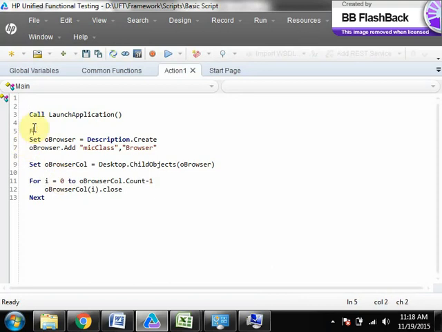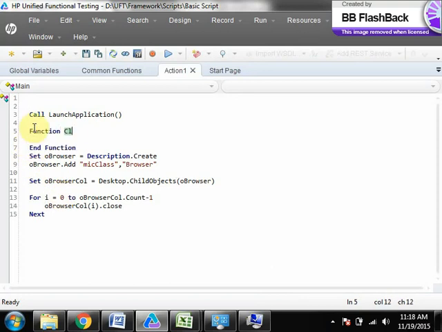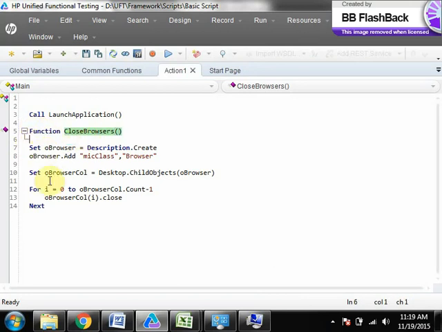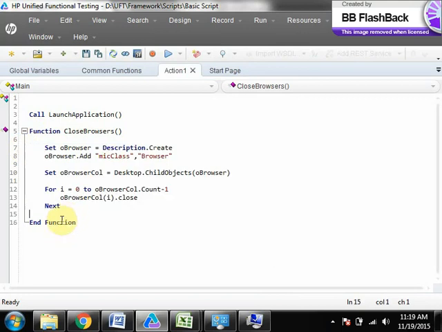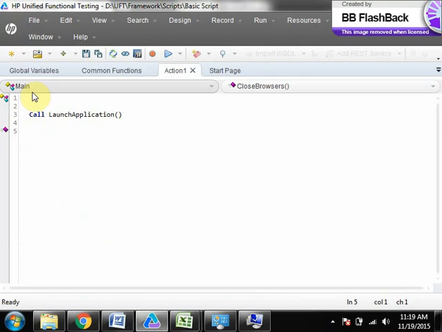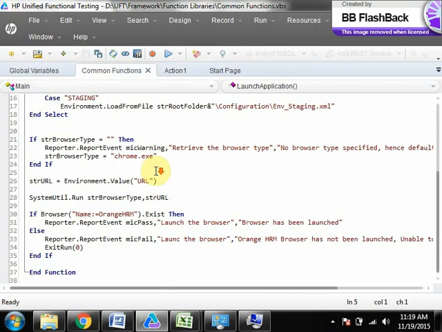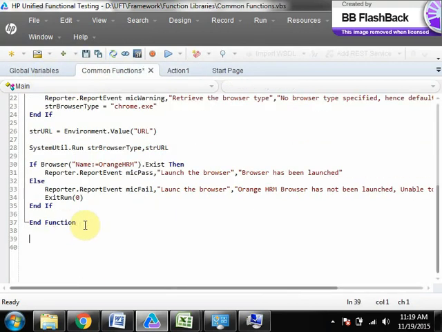Then keep this as a function again, and keep it in the common functions.